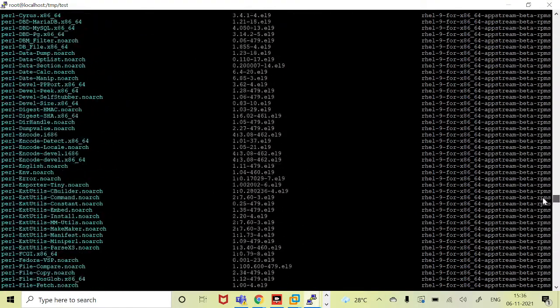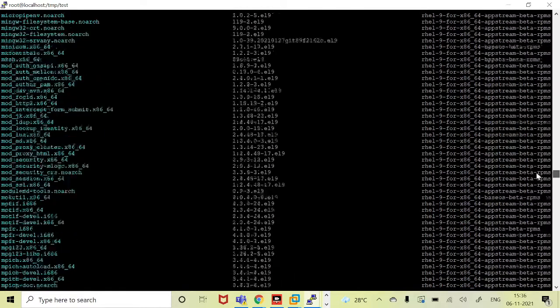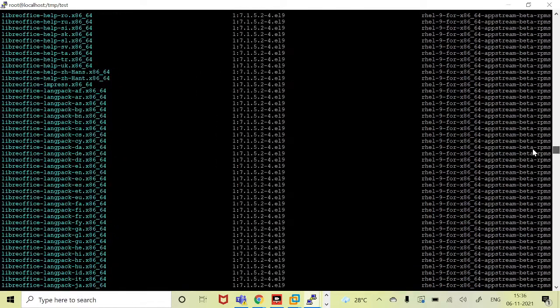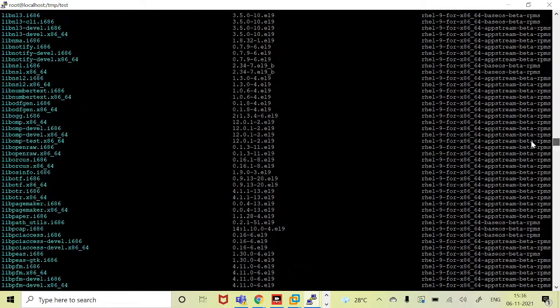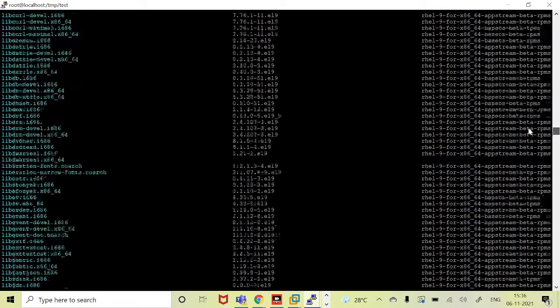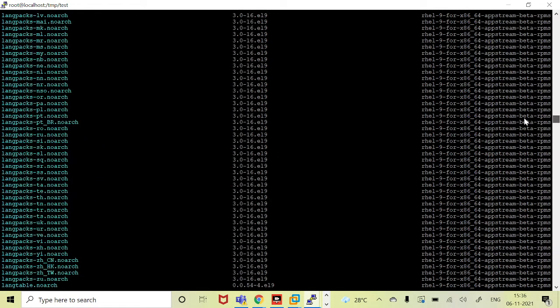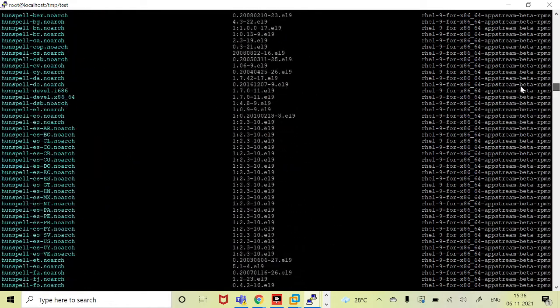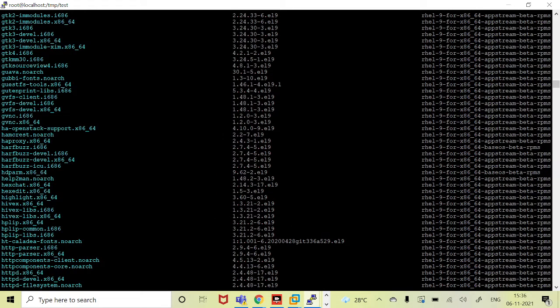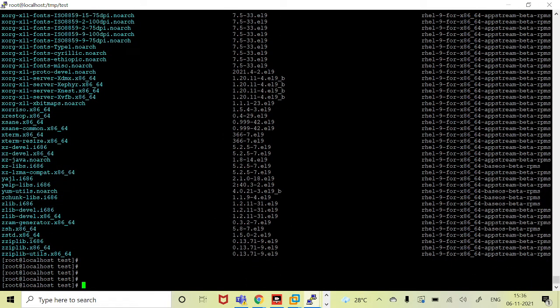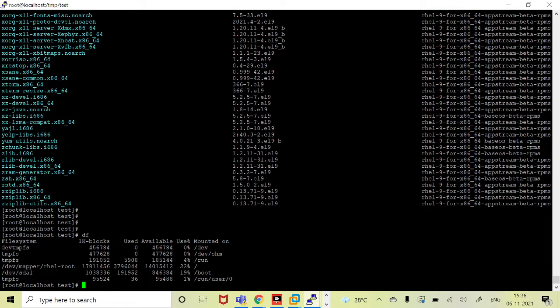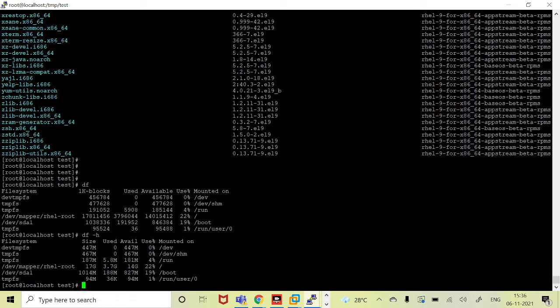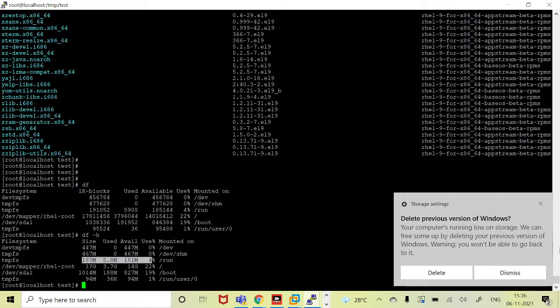This version is supporting containerization, advanced security, and advanced logging for the SSSD. I mean, this is for identity management. The operating system just takes 3.7 GB if you take the entire OS install on this test environment.